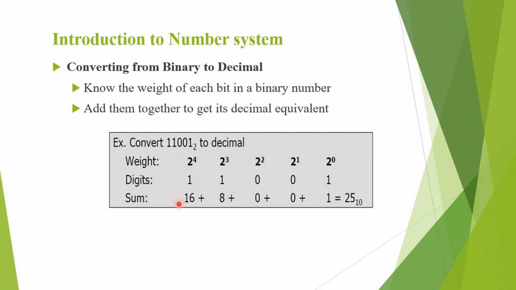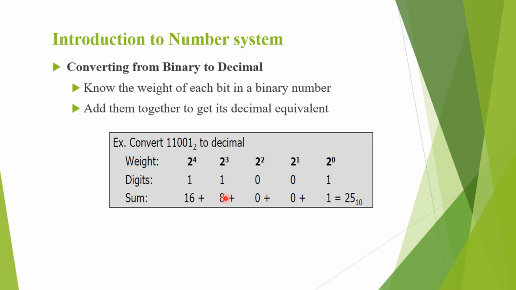Now we have to get the equivalent value of the weight. The equivalent value of the weight will be considered only when the digit has the value one. That is, the binary representation in that particular weight has the digit 1. If it has 0, then the equivalent value of the weight will not be considered for addition. So here the MSB has 1, so 2 to the power 4, that is 16, will be considered. Next bit, 2 to the power 3, 8, will be considered because again the digit here is 1.